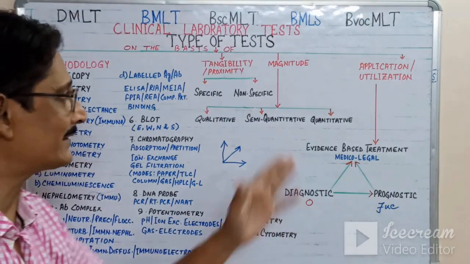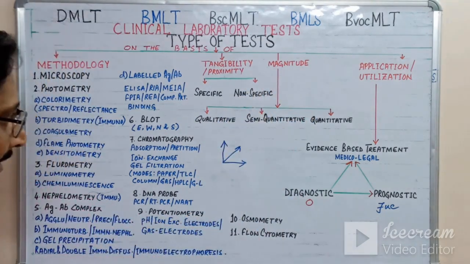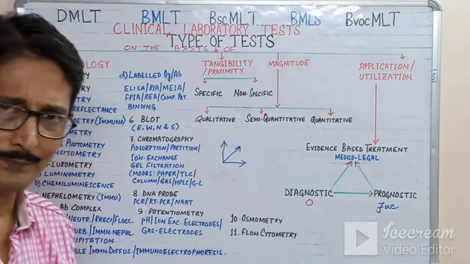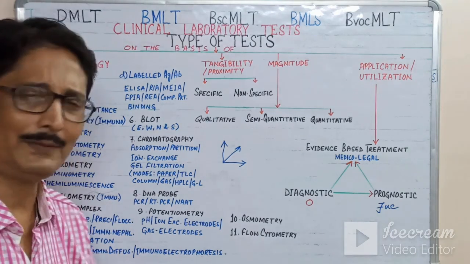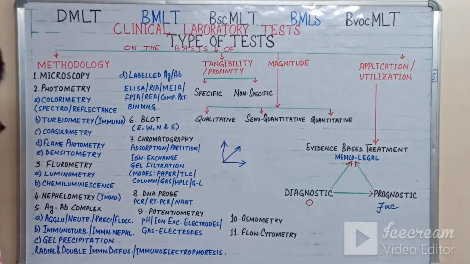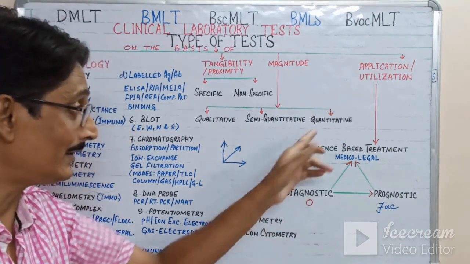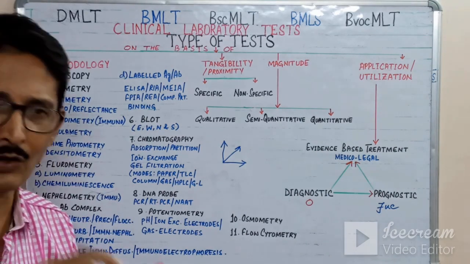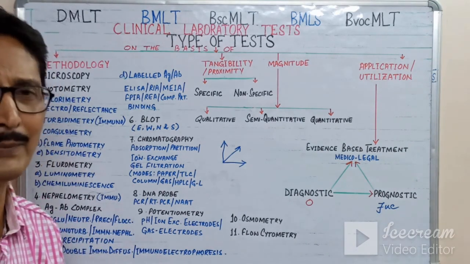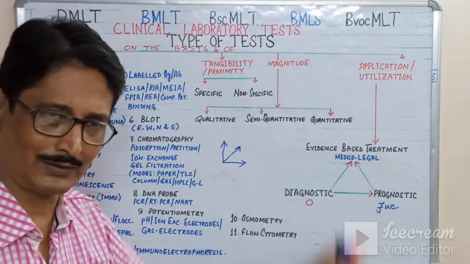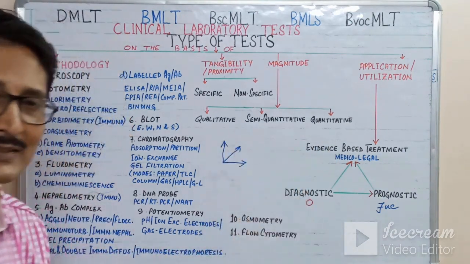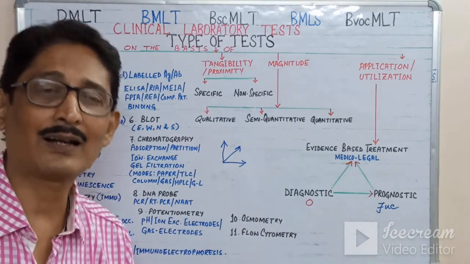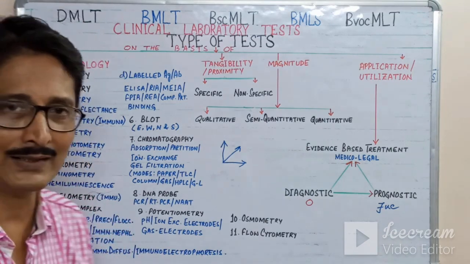Now the magnitude: in the earlier video where I depicted the magnitude of the values, you are now much acquainted with that. The magnitude of a test is that the test is mainly of three types. That is the qualitative test, which is either a positive reaction or a negative reaction. The quantitative test just evaluates the particular value of the component by quantitative measurement. And the semi-quantitative measurement is to estimate a patient condition roughly.